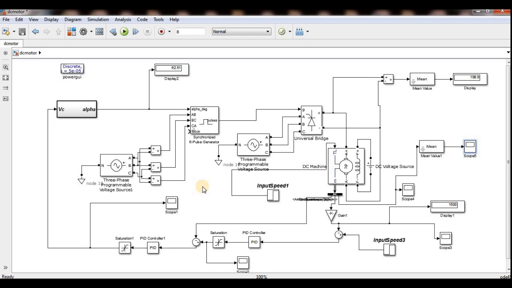So this will be more useful for speed control of the DC motor, which is used in electric vehicles or traction purposes or like that. But generally in electric vehicles, we are not using rectifiers because we have only batteries as DC. So a DC to DC converter we will use to control the DC motor. The only thing is, in a boost converter or buck converter we can replace this entire circuit by a boost converter or buck converter, but the controller is the same.